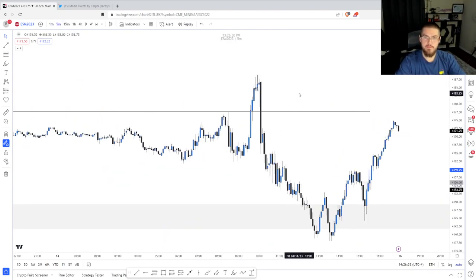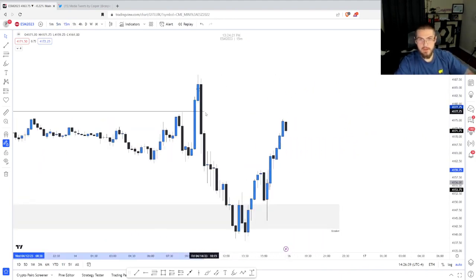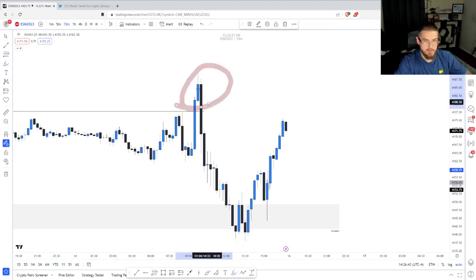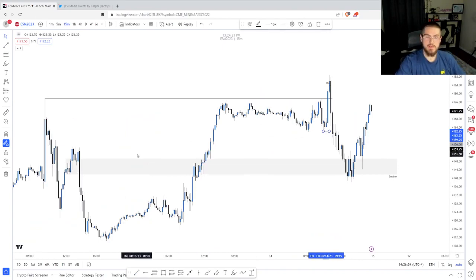But you can then target opposing liquidity on the 15-minute, because again, remember, if we're trying to confirm that this is a liquidity raid, well then the opposing liquidity is going to be taken. So where is the closest opposing liquidity? It's going to be right here. And you don't have to go for all the way down here, and this is where people get tripped up,